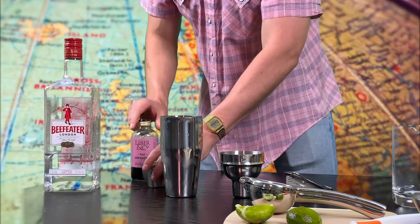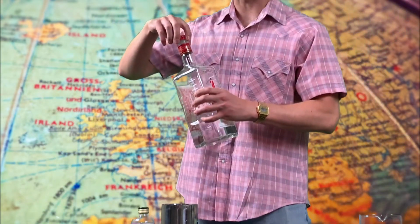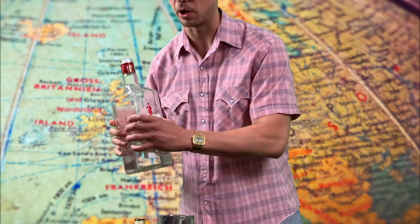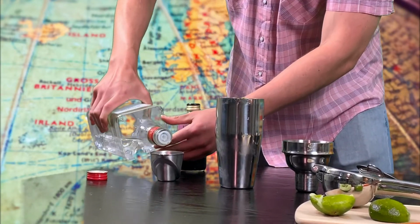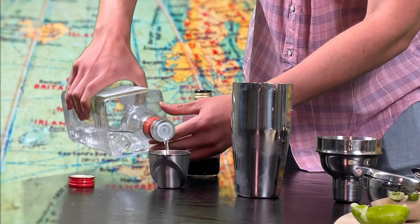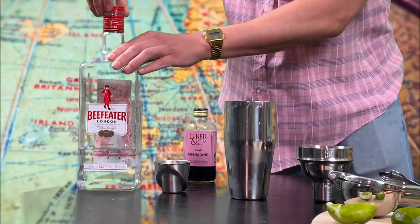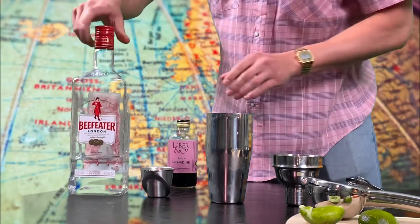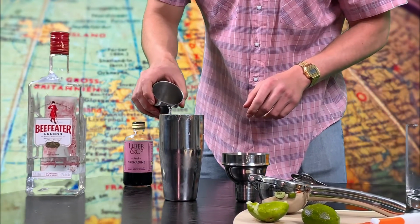And then I'm going to add 2 ounces of gin. So a lot of cocktails mix alcohols. This is the only alcoholic component to this drink. 1.5 ounces is a standard alcoholic drink. So we're gonna add 2 ounces here to kind of make up for the lack of other alcohols. This particular gin is 46%, so that's a little bit on the stronger side, as a lot of good gins